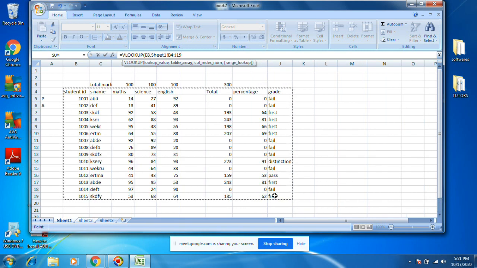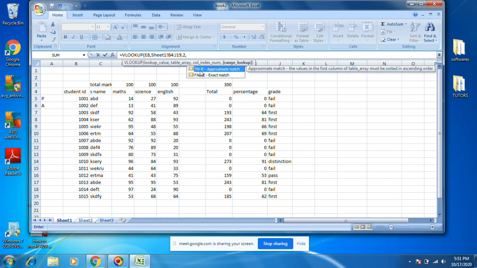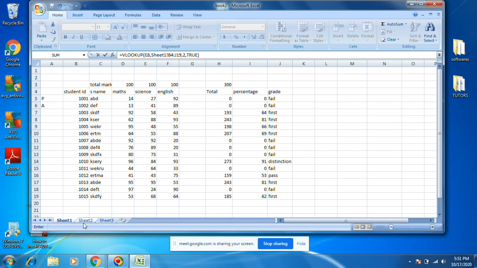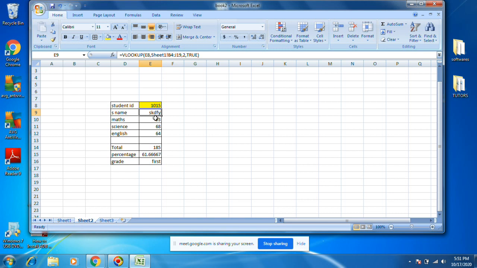This is called table array, comma, column index number. This is second or third. This is the first column, this is the second column, comma, true. Press tab. It will be like this. See, it came. This is called HLOOKUP and then VLOOKUP.